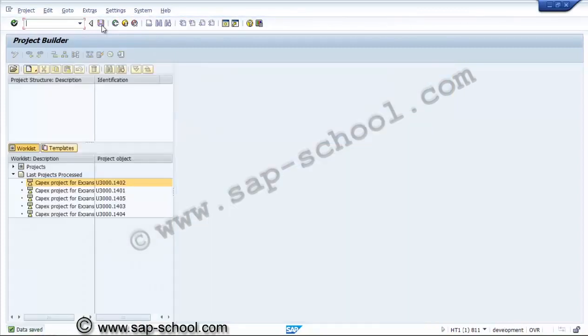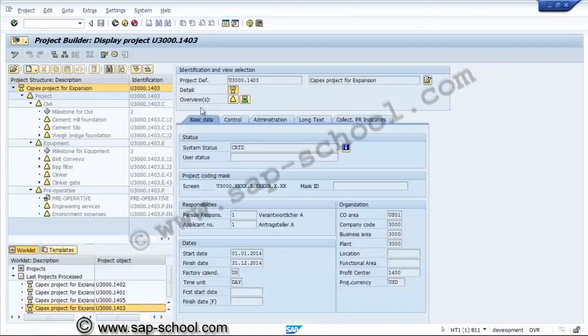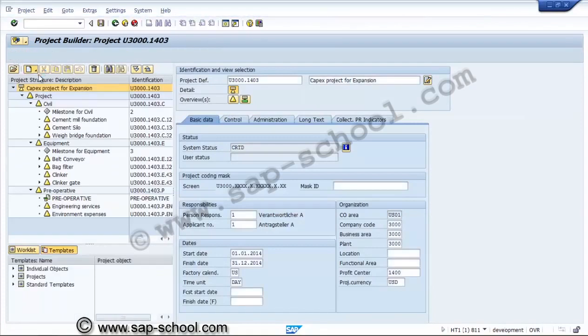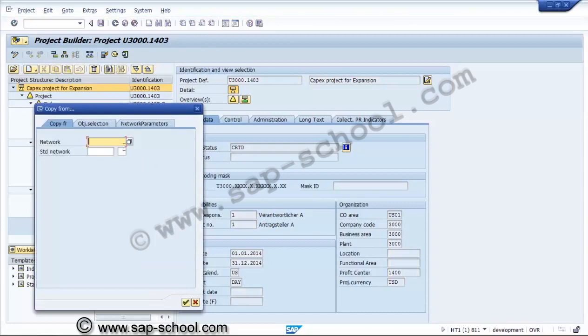So now we'll create one more network header from the existing. We'll see how to create a network. Copy network, copy from U02C.